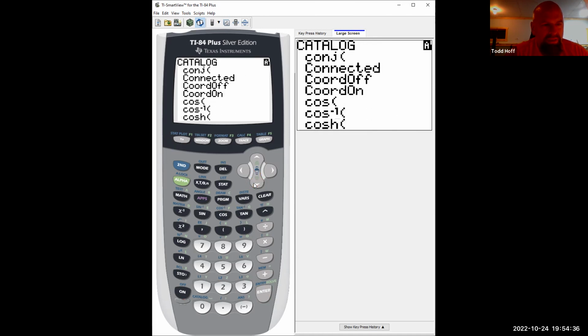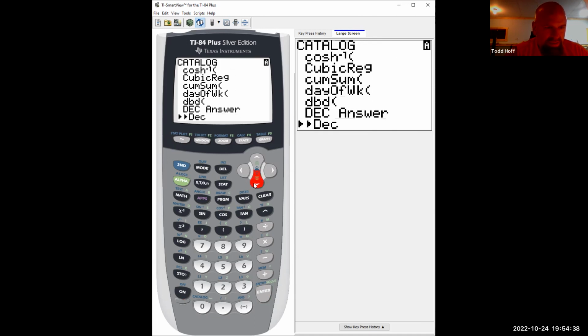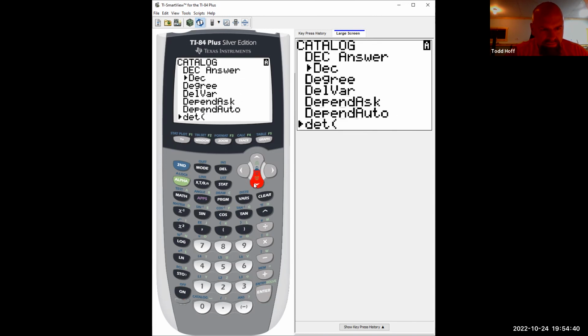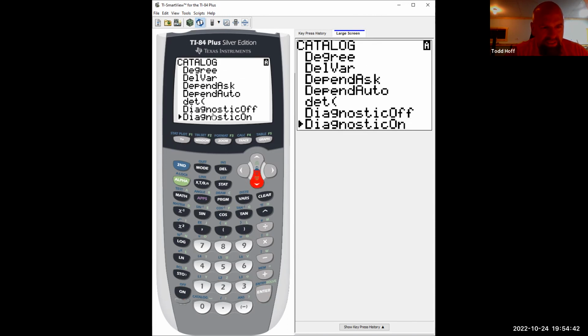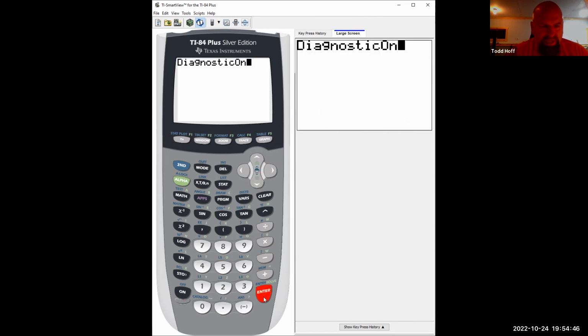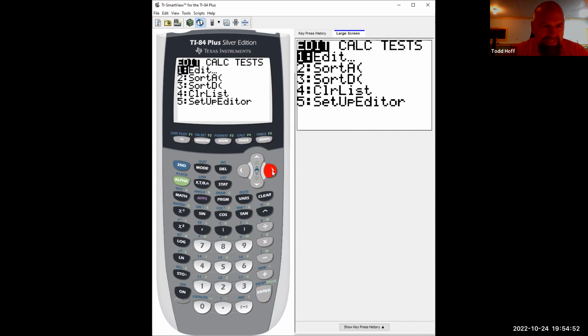Takes a little while. So there's diagnostics off. I want diagnostics on. So I select that, then I hit enter again to activate it. You got to make sure it says done there to be activated. Then we go back to stats, calculate,